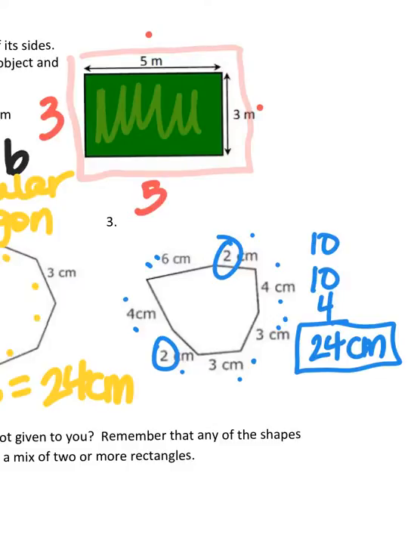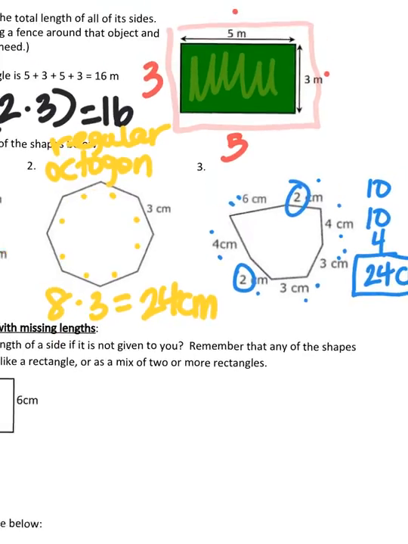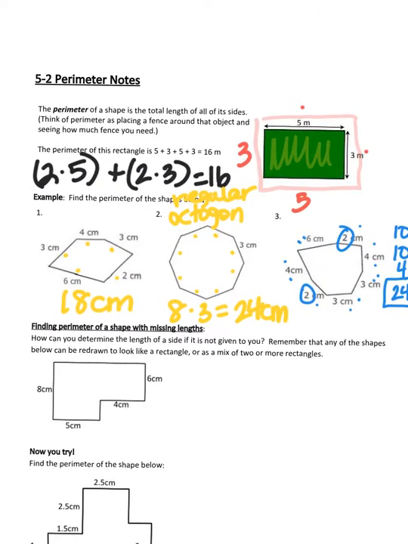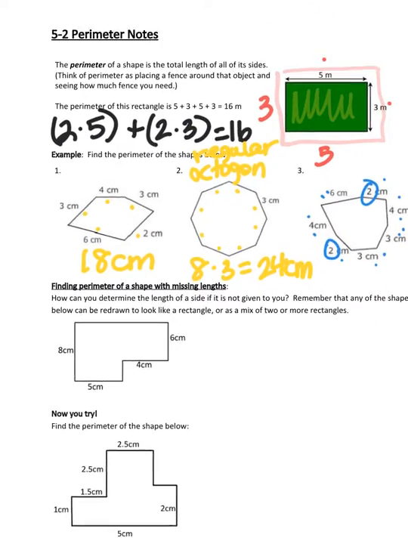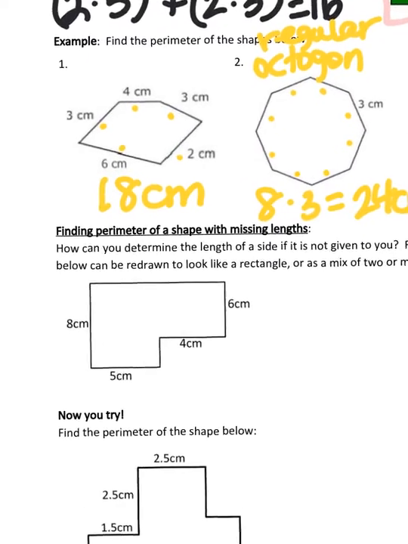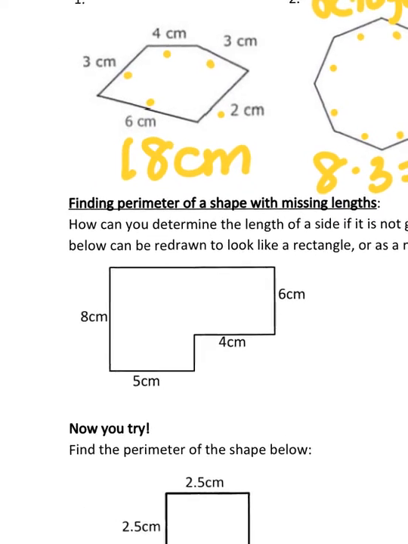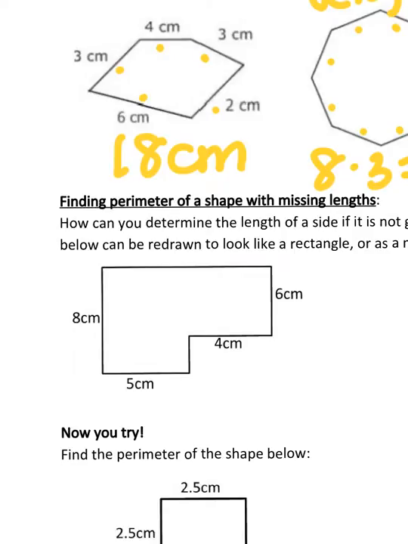All right, so what if any of those lengths are not given to you? Okay, and you're going to see some like this on the test. So there's a couple things you need to figure out. So let's say for this one, this whole length is 8 centimeters. If I were to draw this line down,